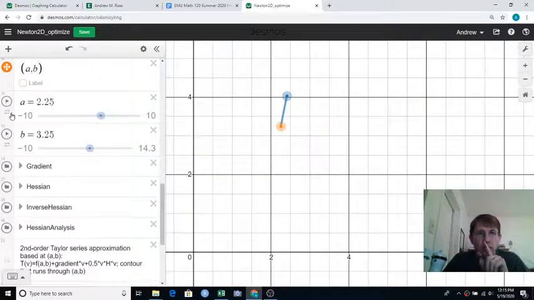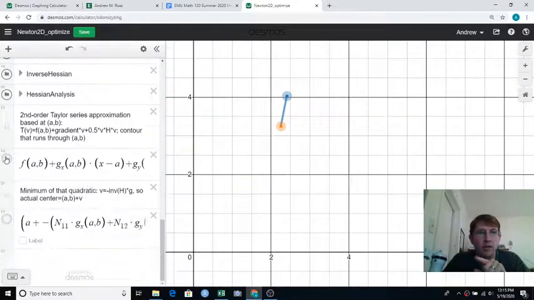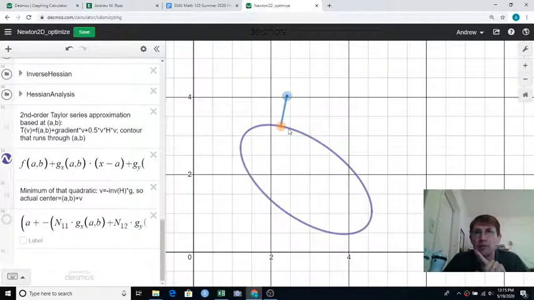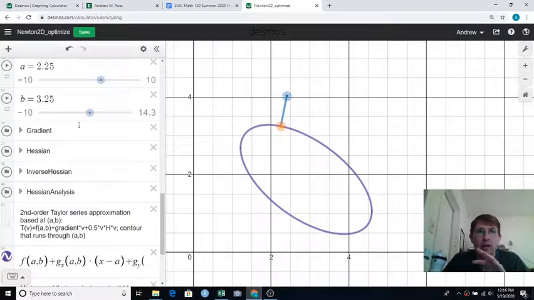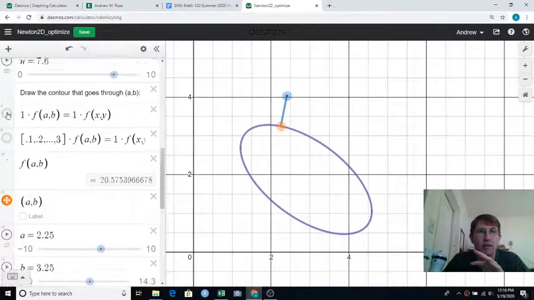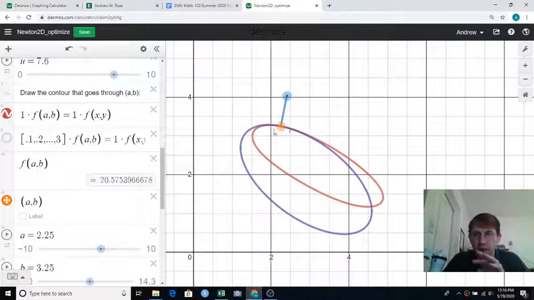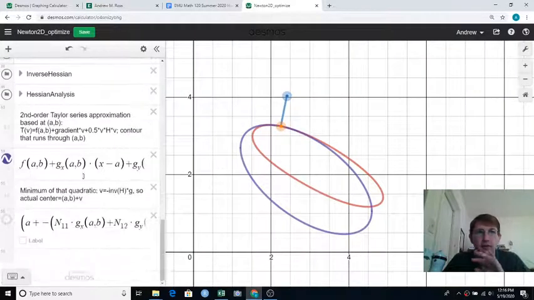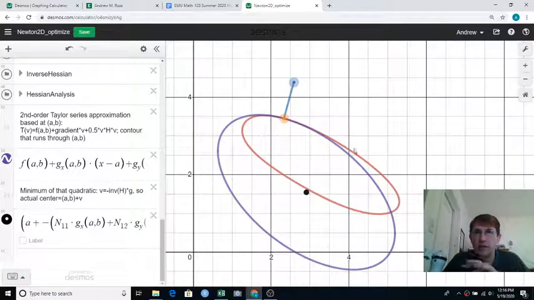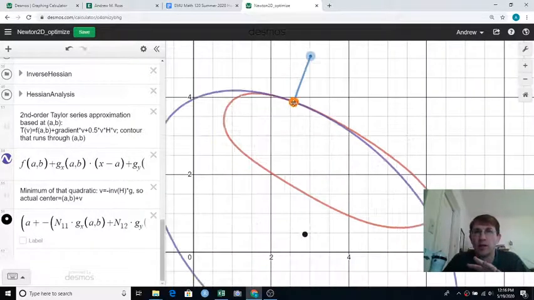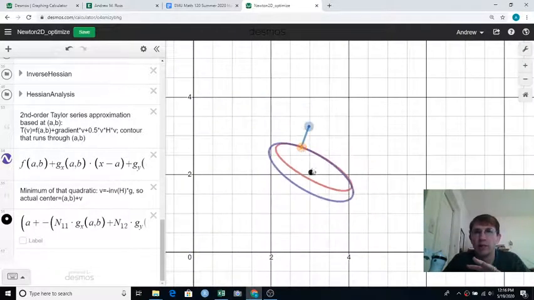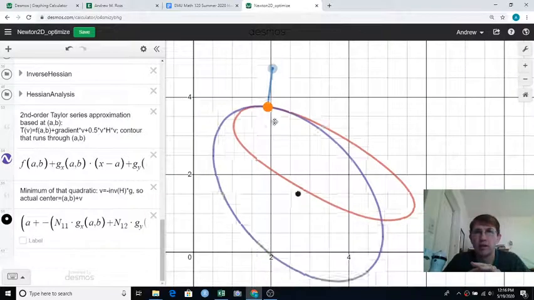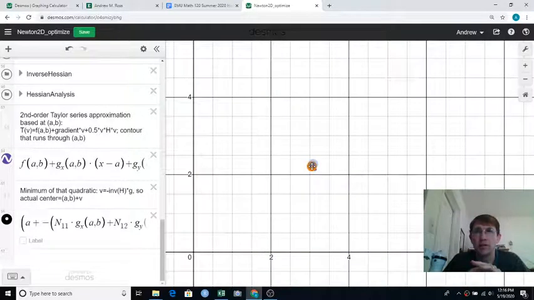But what we can do, and here's where Newton's method comes into play, we can say, show me an actual ellipse that goes through this point that has the same curvature at this point as that function. So you see how the curvature is about the same here. And then I could say it's not too hard to find the center of that ellipse. Here I've got it marked. So we're approximating this red ellipse-ish thing with this purple actual ellipse, and then computing where the center of that purple ellipse thing is. And I can just keep moving toward that, and that gets me to the minimum faster